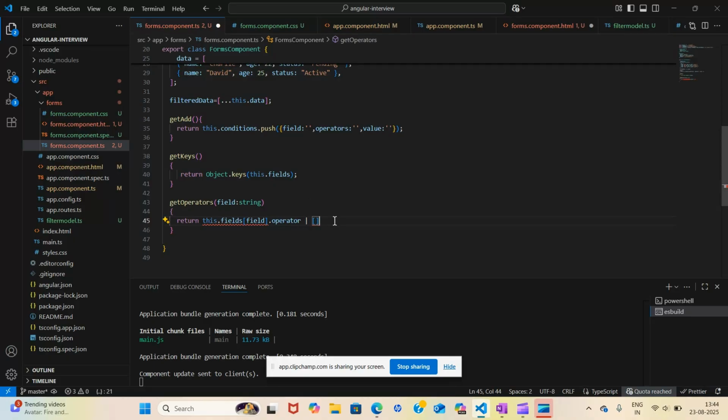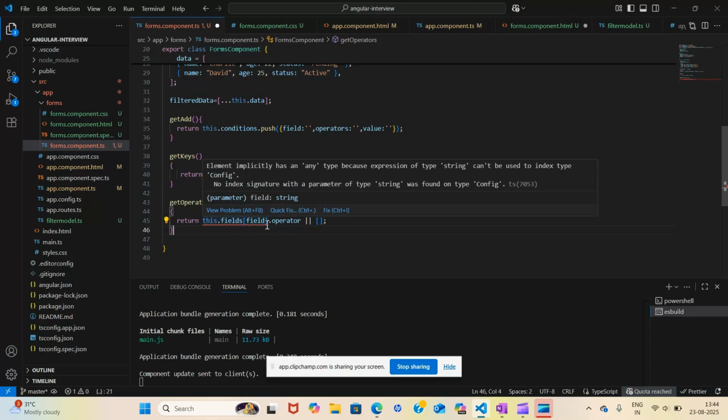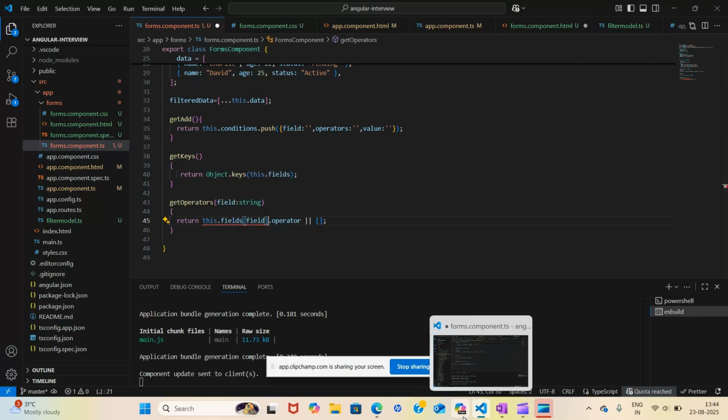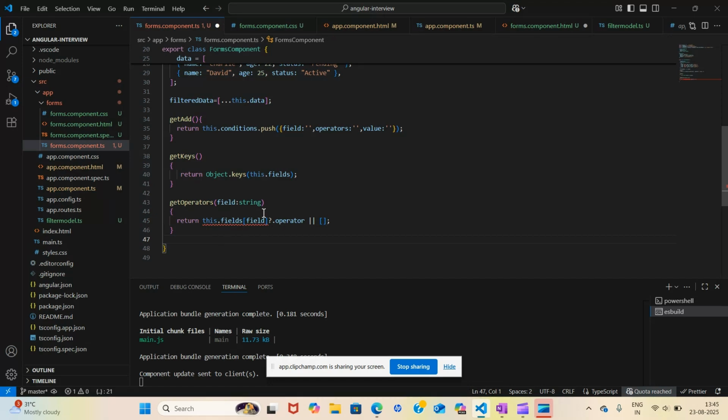So we can say this. Now you will see, this is for handling the empty case. Now you will say that if operator is also empty, if null is coming, then you will use this operator. Okay, now you might be seeing that a red line is there. There is an error.